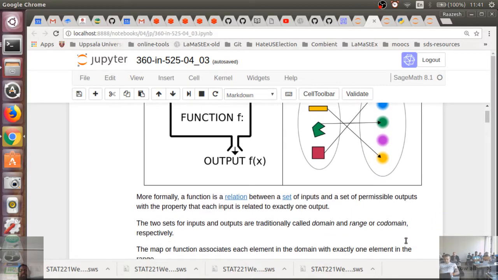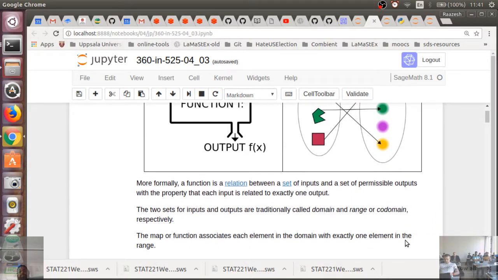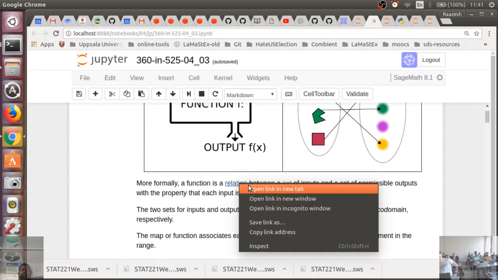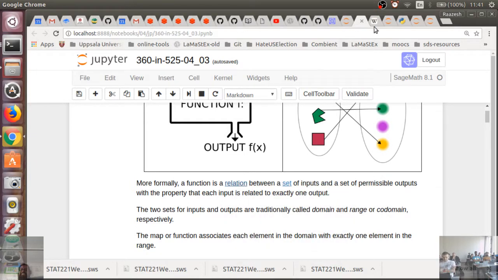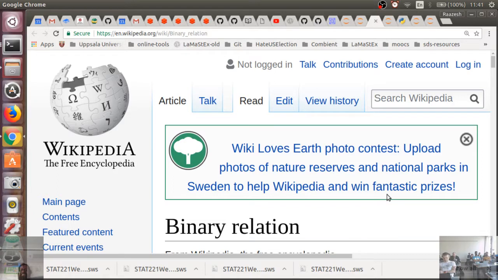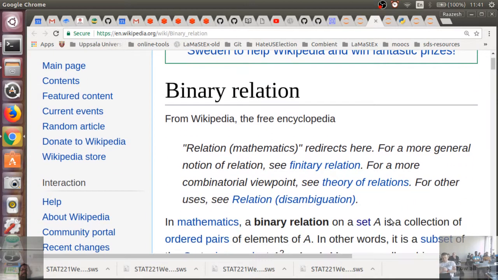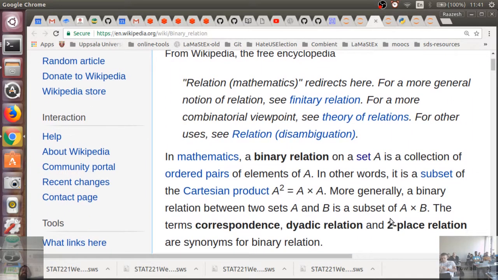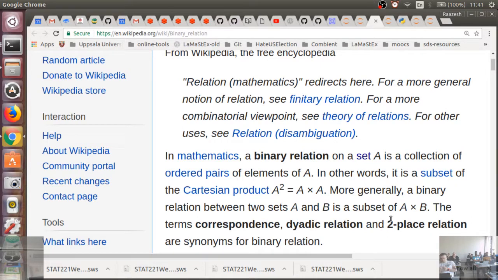And formally, it's a relation, which is the, I forgot, what is the definition of relation now? What's a function? A function is a relation. Yeah, it's a collection of ordered pairs of elements. Generally, a relation is just a subset of the Cartesian product. A function is a subset of the Cartesian product with some extra conditions. Yeah, yeah. So anyway, basically,